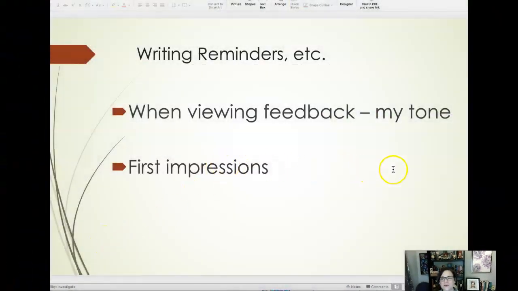So when you're viewing my feedback, I want you to understand if you are picking up on a tone, if I'm just being very straightforward and I'm not offering little personal bits of feedback, it is not you, it is me. It is really just a sign of the deep sense of frustration that I'm feeling, and I don't mean that to come off in my feedback and comments and my tone there. So if that's something that you feel like you're picking up on, please, my apologies, just know that it's not you, it's me, okay? Everybody's writing so far has been really incredible. I mean, there's some folks where I'm like, okay, we need to do a little bit of work here, but overall, everybody's doing what they need to be doing.